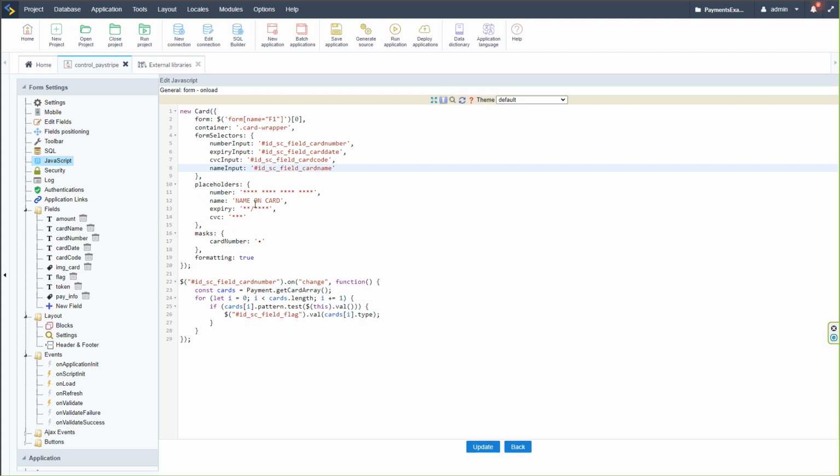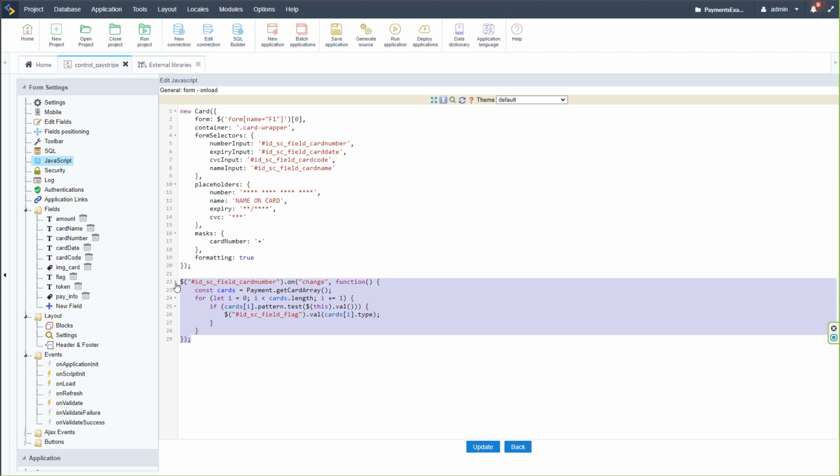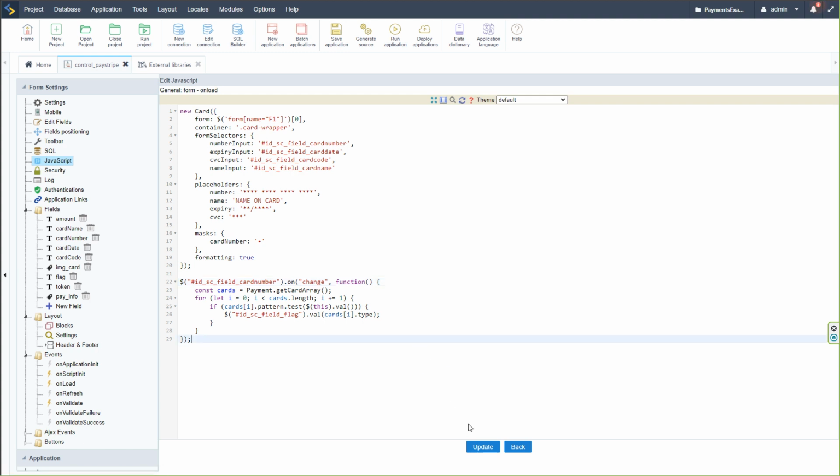Okay, so that is then displayed on the image of the card. And then we have here the masks also on the image of the card. And at the bottom here, we have then again a function applied for when we change the type of card. So when we add our number, it then changes the type of card. In fact, that adds it then here into our flag field, which we had set as disabled. Okay, so if I go ahead and update that,